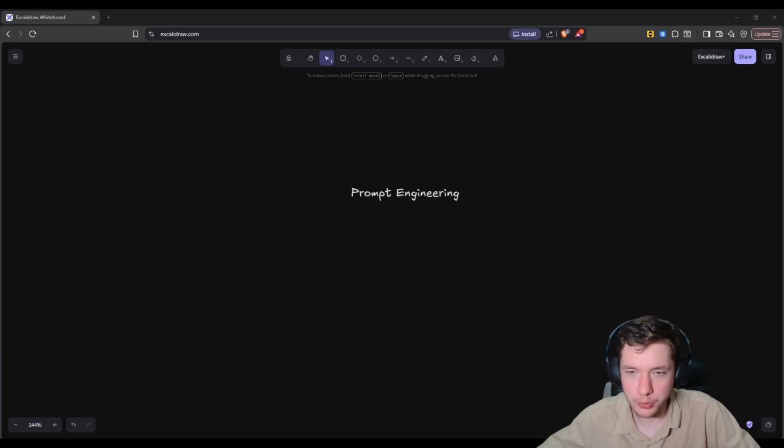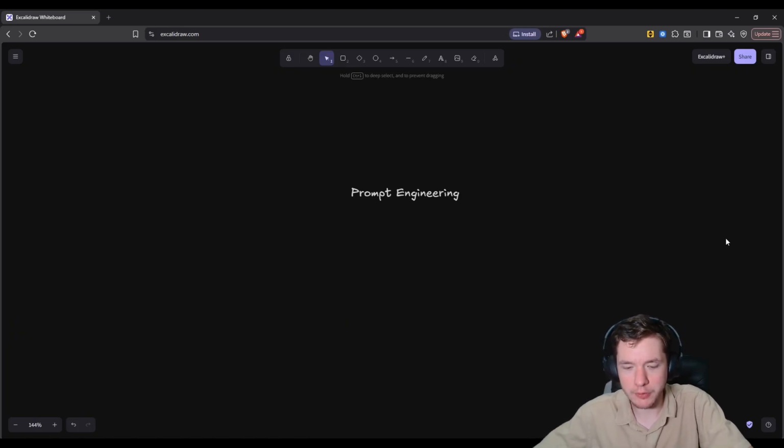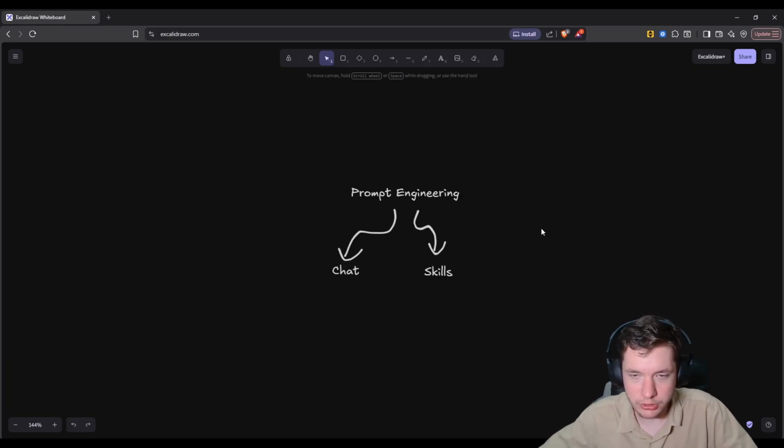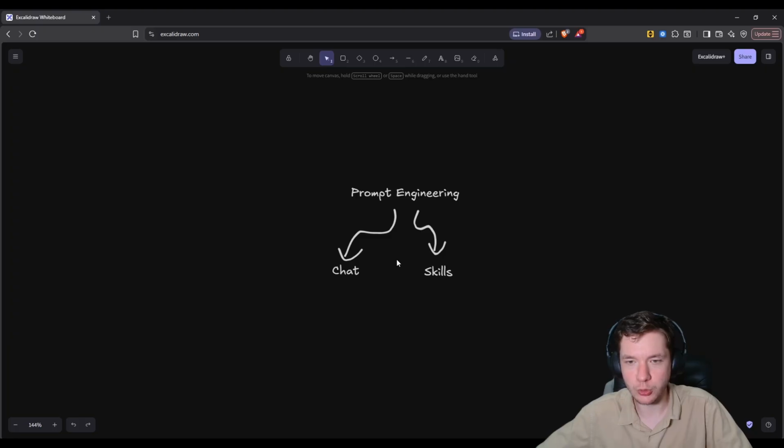Today we're going to go over prompt engineering. That is a fundamental concept that we need to know when you're talking about AI and even working with AI systems. And this is very valuable not only for chat, but also for skills. So if you're chatting with an LLM, you can essentially create system prompts to deliver consistent results and attach them to your SOPs, or you can develop skills and let your agent decide when to use them or integrate them